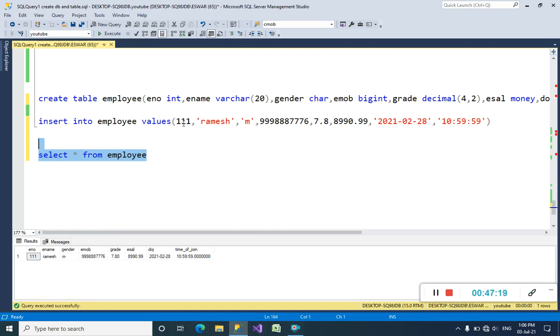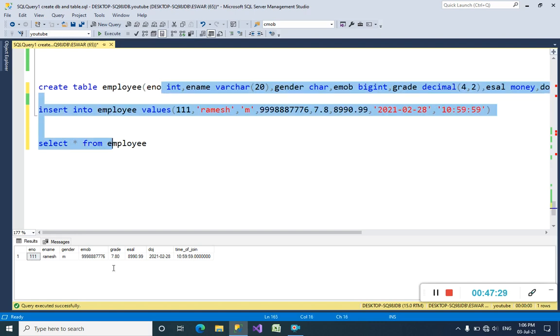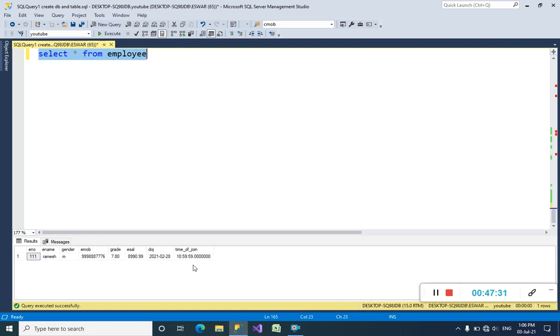111, the record I inserted in the first column, is stored under the ENO column only, right? Ename Ramesh is stored under the ename column only. M, meaning male, is stored under the gender column. Mobile number is stored under e-mobile only.